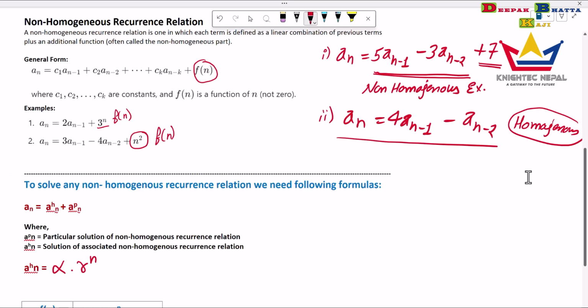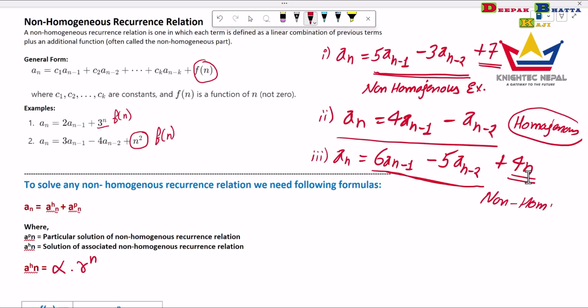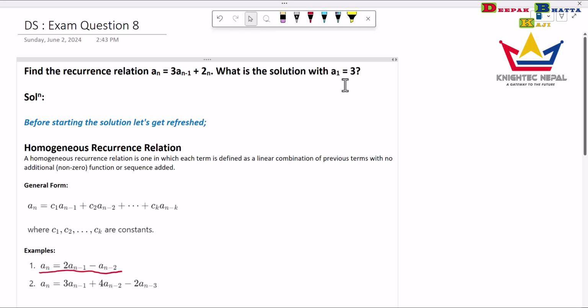So the third one. If I take the example a_n = 6a_{n-1} - 5a_{n-2} + 4n, this is a linear combination of previous terms, and this is the additional function. So this is an example of non-homogeneous. Likewise, you can find which one is homogeneous and which one is non-homogeneous. As per the given question, this is a non-homogeneous